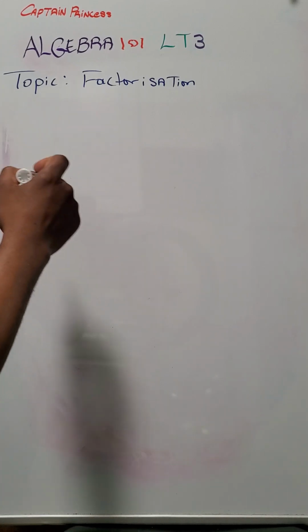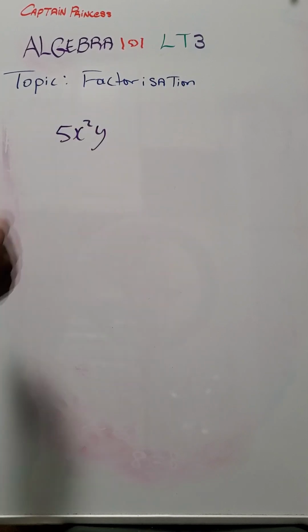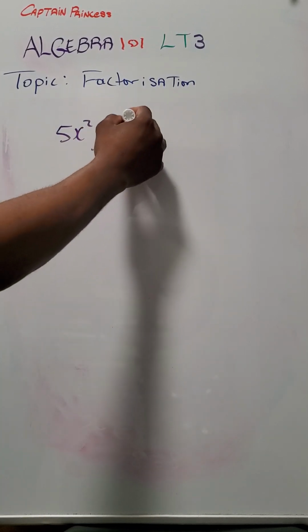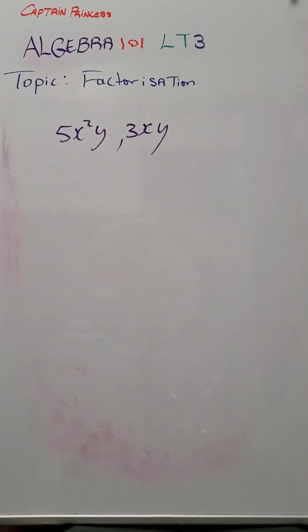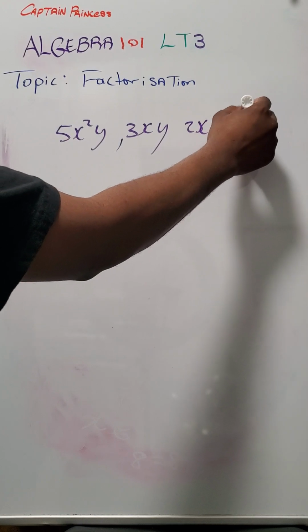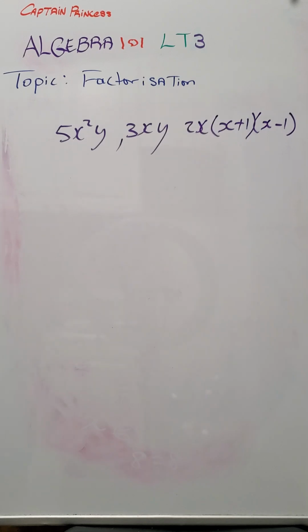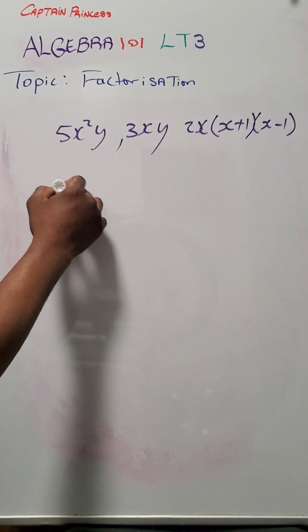Now, expressions of the form 5x squared y, and 3xy, and also 2x open bracket x plus 1, open bracket x minus 1. These are all algebraic factor forms, right? Now, on the other hand, what if we were to get an expression of the form